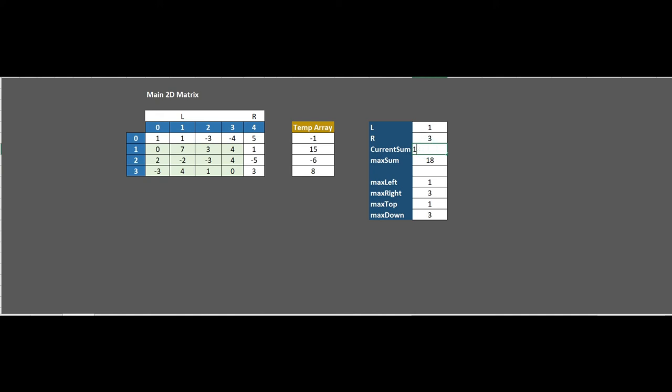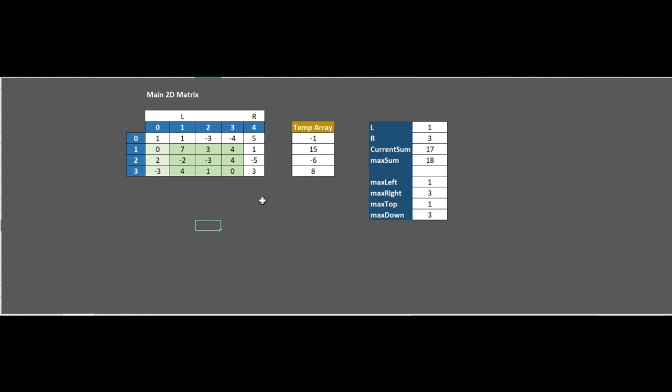So the current sum will be 17, and as it is less than the maximum sum 18, we don't need to change anything. We will move to the next. This iteration is also completed, and if we check the values 1 3 1 3, it is occupying this particular rectangle, and maybe we can mark this area.